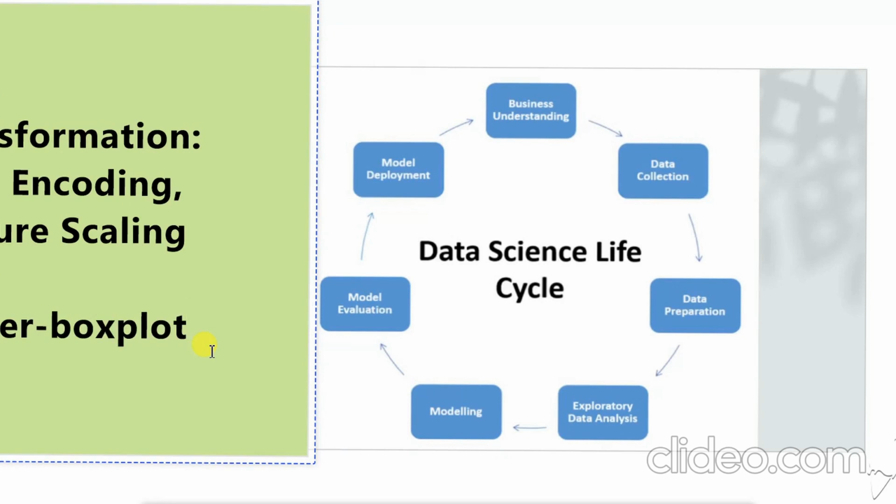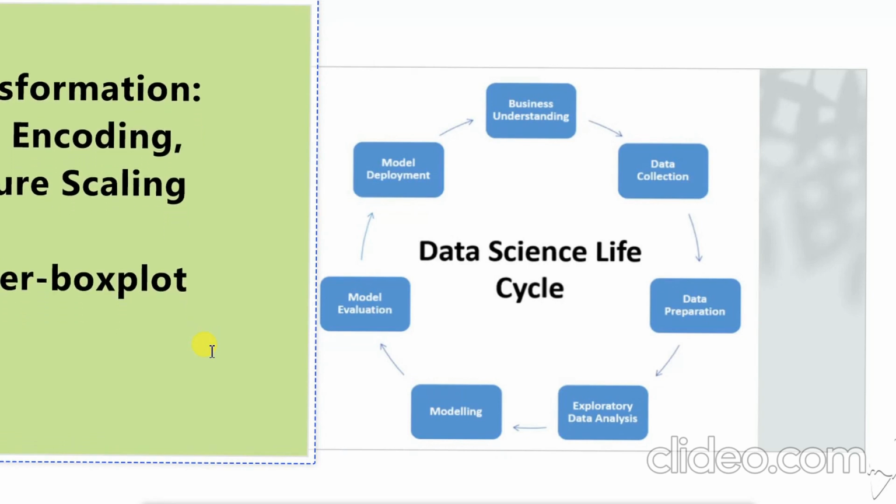The next method performed in EDA is correlation. You have to find the correlation between the features, and it is highly recommended to use the features which are highly correlated with your target. Whenever you are building a model, you do not want to use the features which are highly correlated among themselves.